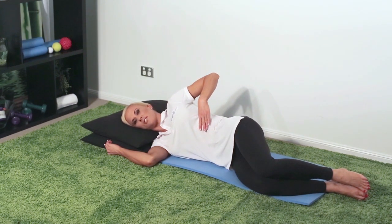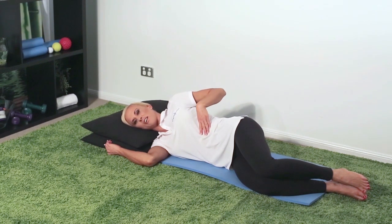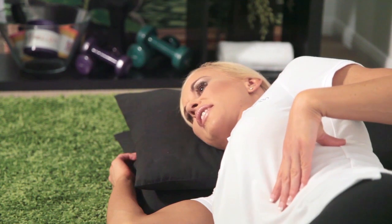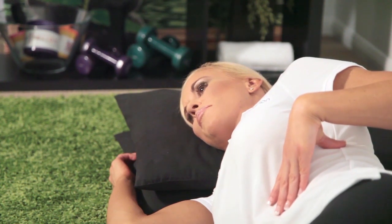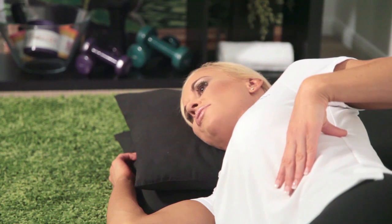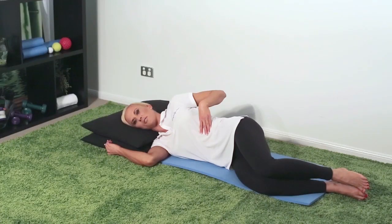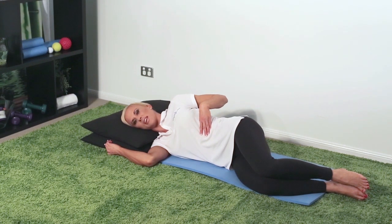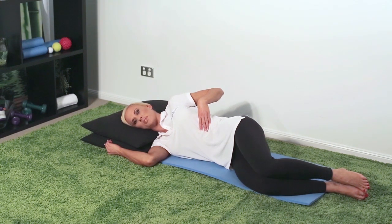Breathing in for a second, hold for a second, and breathing out for a second, and rest for a second. Breathing in, hold, and breathing out. Breathing in, hold, and breathing out. Breathing in for 4 seconds, hold, and breathing out. We're going to do a huff after this one. So breathing in, hold for a second, and